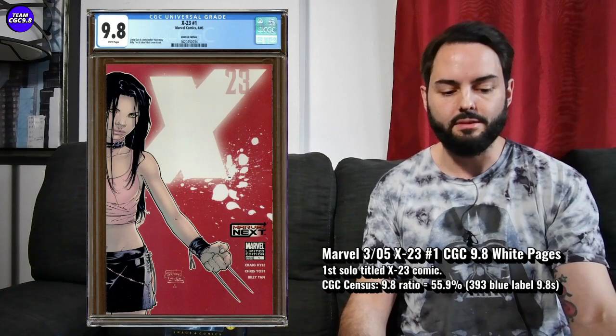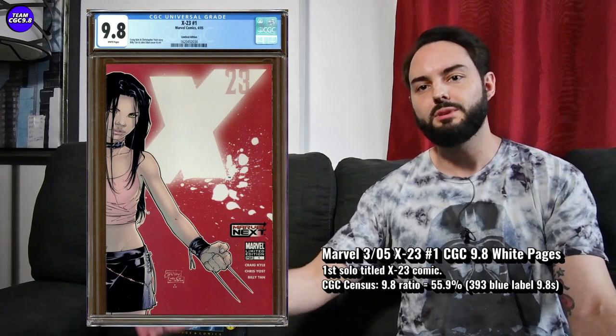And yeah, these are good. I think both of them are fine. The red limited version or the first print white cover in an X-23 #1 is just a little bit underfollowed right now. And given how, again, Wolverine Limited Series #1, the first solo Wolverine book, is so well collected,